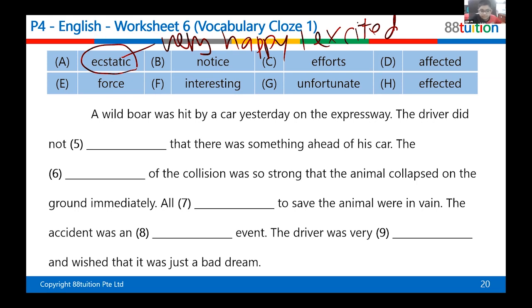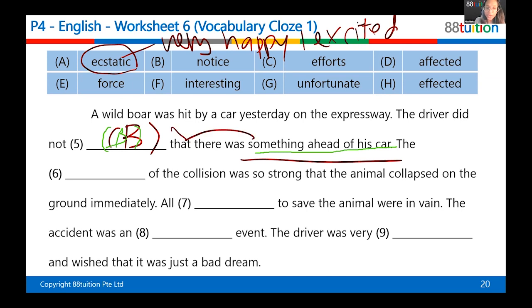I'm writing. You're writing? Where are you writing? Oh, you're writing. Okay, you can even type if you don't want to speak, but yes, you can write. So you're writing the answer. Thank you. Yes, the answer is B. Very good. Can you tell me why the answer is B, Abir? Why is it notice? Yes, something ahead of the car. Very good. Give yourself 2 points.